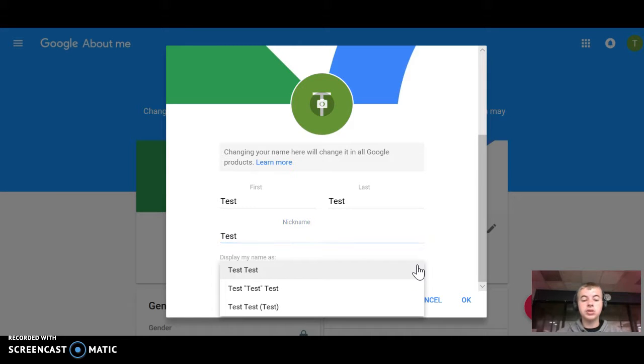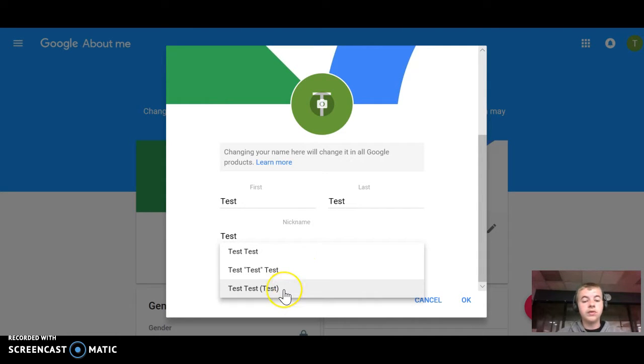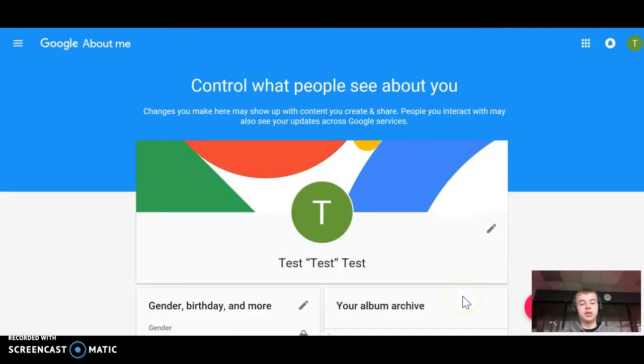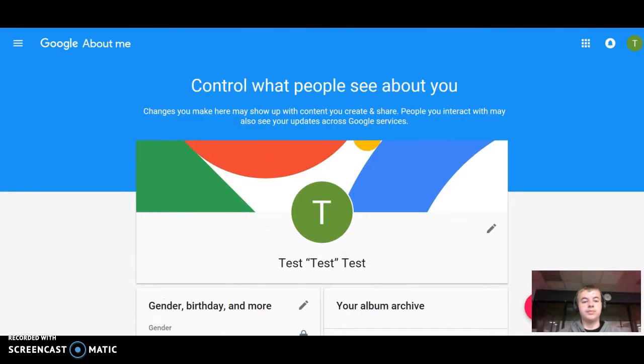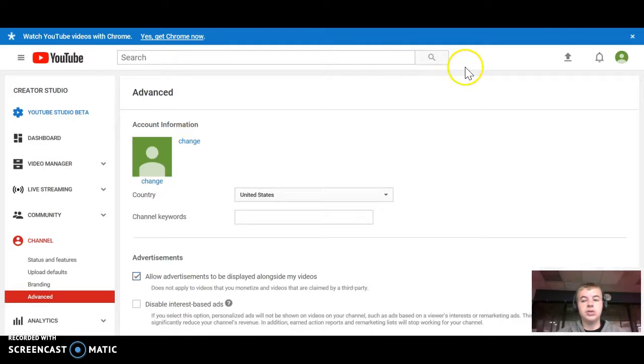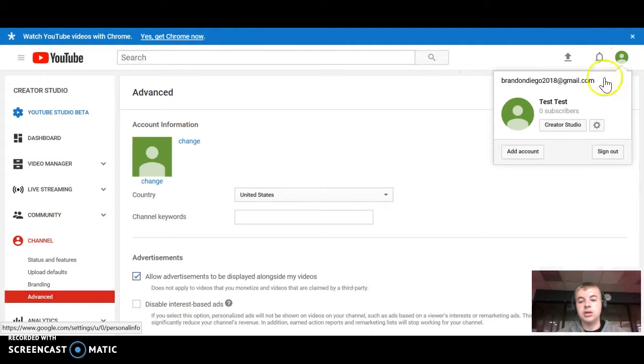You're going to want to change your display name, and you can choose either your first name, then nickname, and then last name, or you can do your first name and last name and then have your nickname in parentheses. I like to do this one. It's just better for me. I just like it personally. And so this will pop up into your YouTube channel. If you go back in here